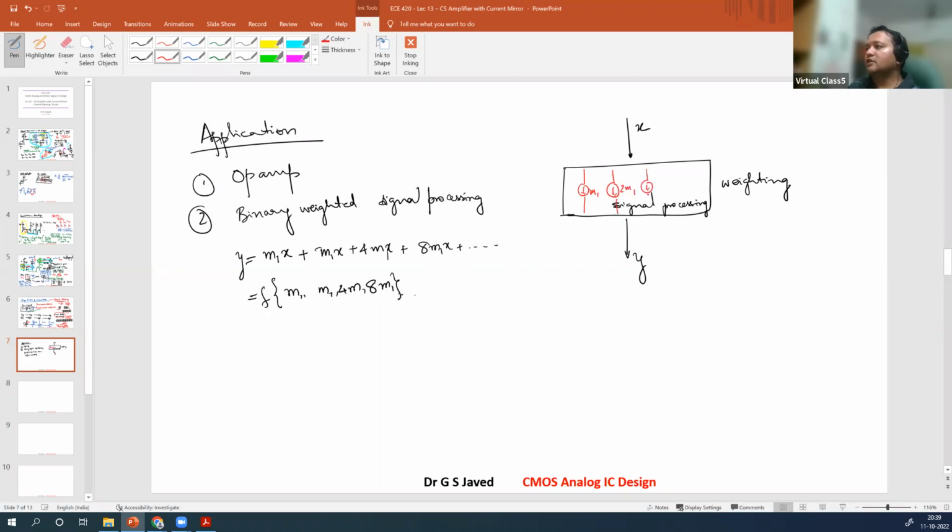Another current source saying 3m1. Another current source like this. I'll have n times m1. All of these can be summed and brought out. So if I multiply each one of these and get an output, I will get the result. This is very common, commonly seen in signal conditioning circuits. Then there is signal processing,